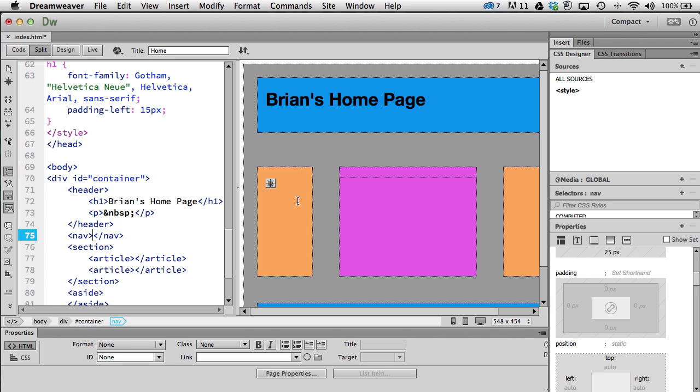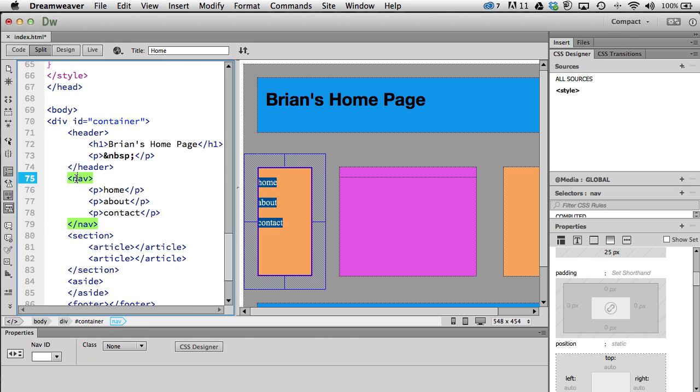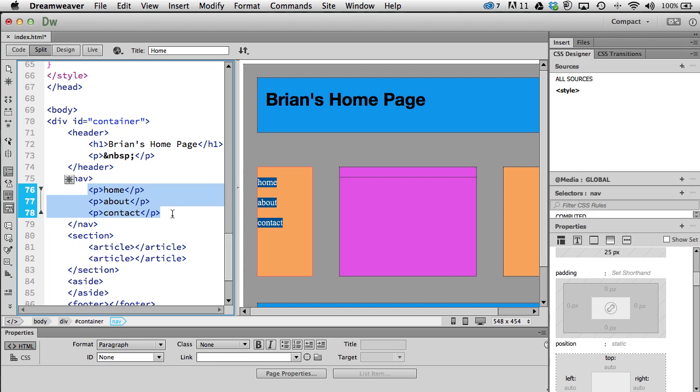And then I'm going to just start typing. Okay, I'm going to type home. I'm going to hit return. And I'm going to type about. One more time, and contact. This will be our navigation things, okay? And I can see over here that inside of my nav, I have these 3 paragraph tags. So I can style those with a descendant selector that says whenever you see a P tag inside of navigation, then do this style. And that's what we're going to